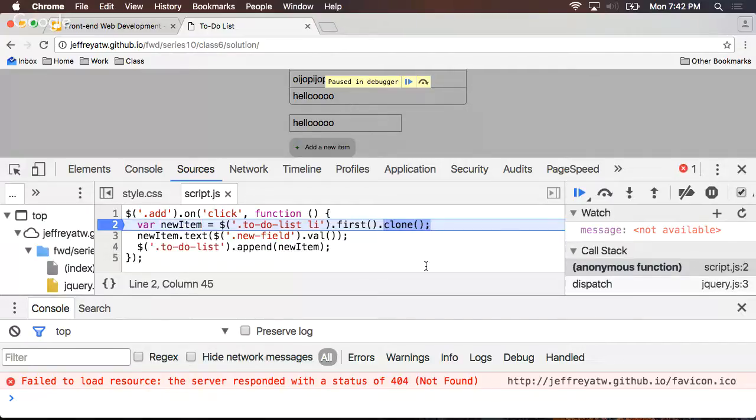Line 2 has not yet run. But the cool thing about being paused on line 2 is that now we can use this console down here to write out some JavaScript and feel our way around. Anything that's accessible from within this function scope up here is also accessible down here in this console. So if I want to find the to-do item on the page, the to-do list,